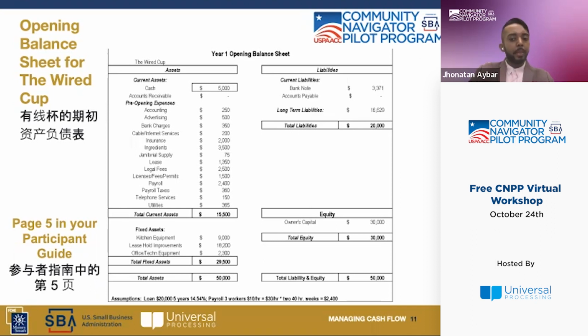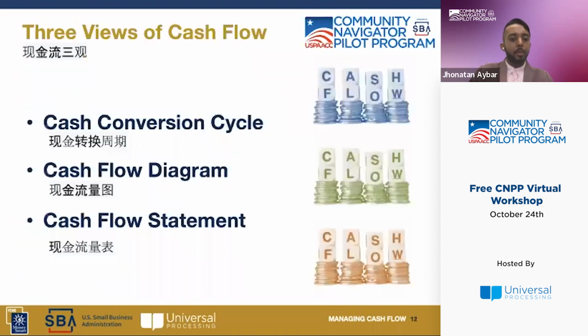Did he wisely spend the $50,000? Is there enough available cash left over to run the business? Is $5,000 enough to carry him through a 6-month period? And these are questions that we are basically establishing that we will be able to answer with the cash flow statement. And we will discuss briefly the particular cycles.